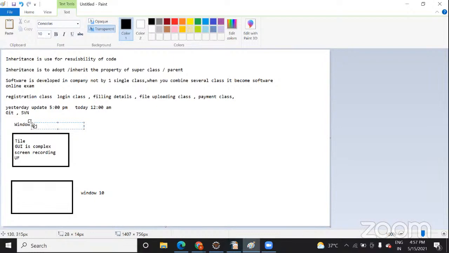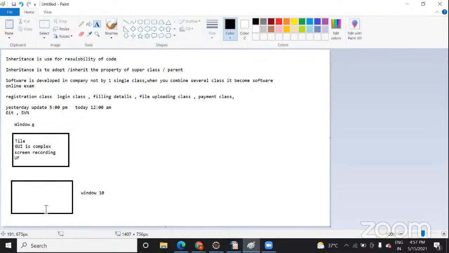If you start creating a class from scratch, it will take a lot of time, maybe 2 to 3 years, or more than that. So they just inherited the Windows 8 class.